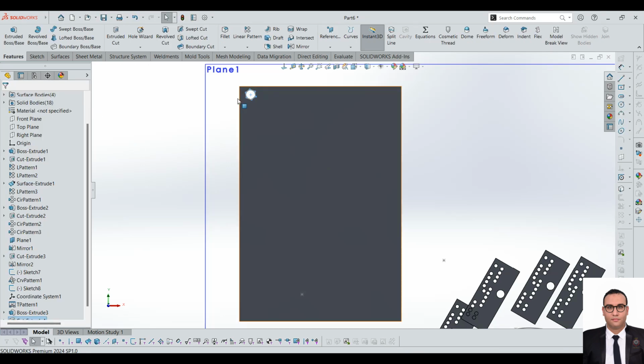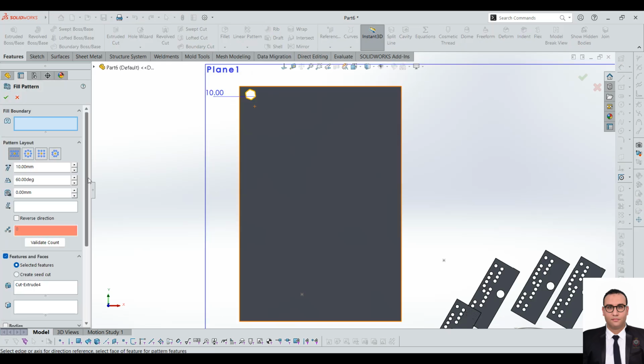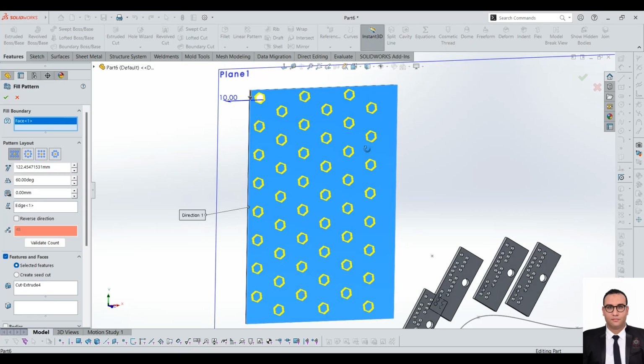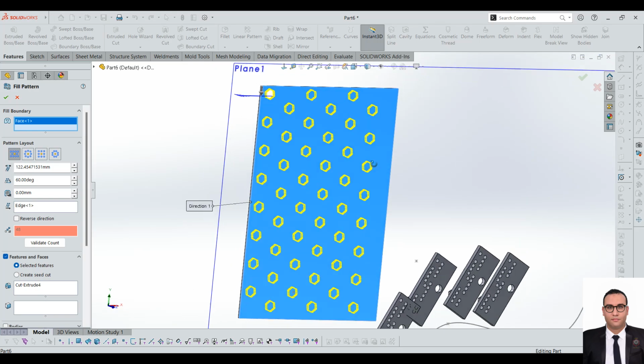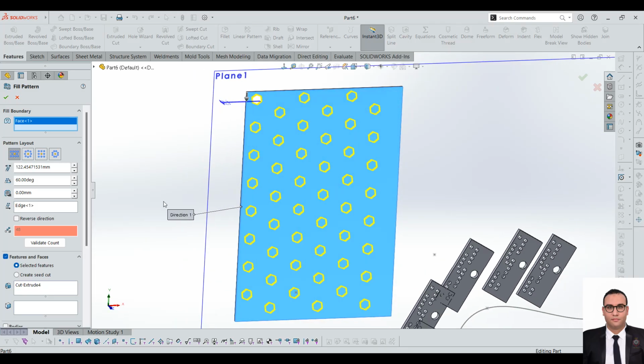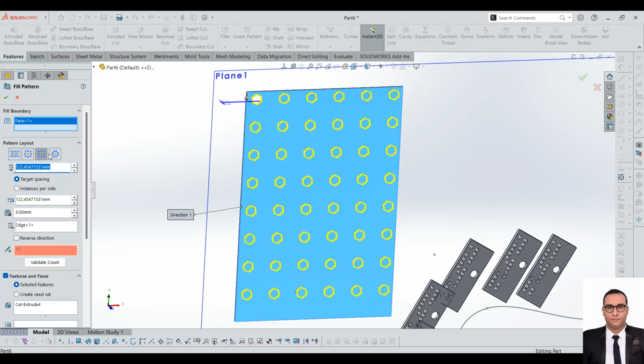Okay, normally we select this polygon, then apply the fill pattern option and select this surface, which is the fill boundary. It will fill that option on the surface, and we can select the pattern layout that we need, a circular one, or fill like this or like this. See here,